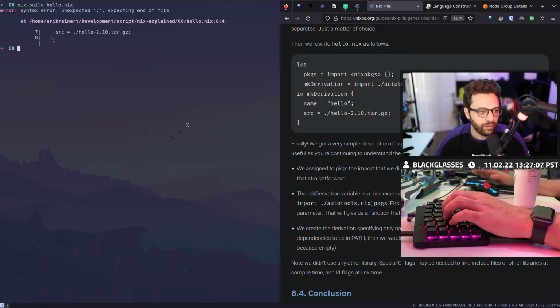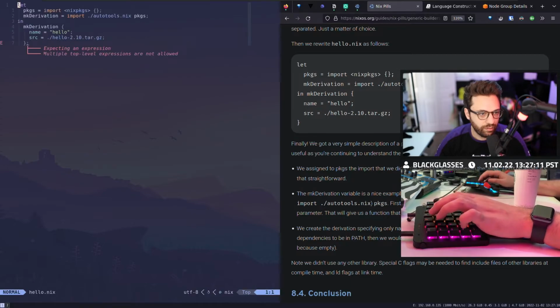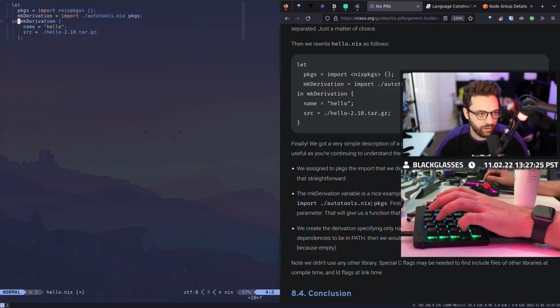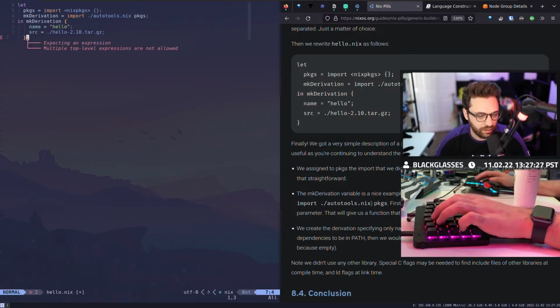Anyways, okay, here we go. What else am I missing? Expression. An expression is, wait, is it because of this? Hold on. Is it because I'm doing that? No. Let packages import packages. Remove.